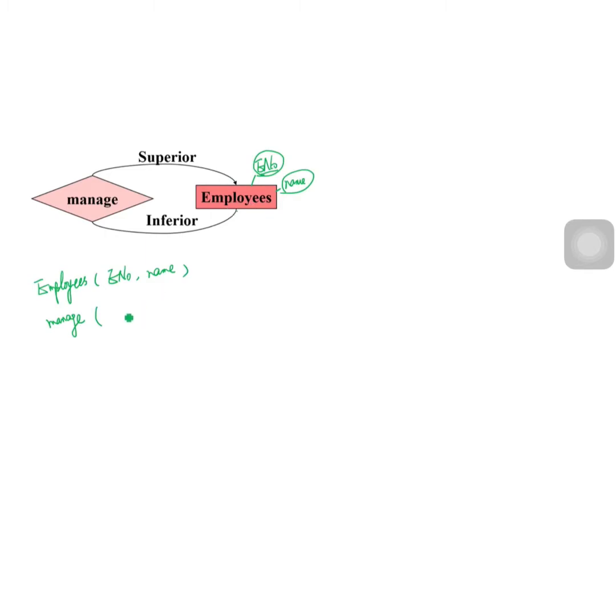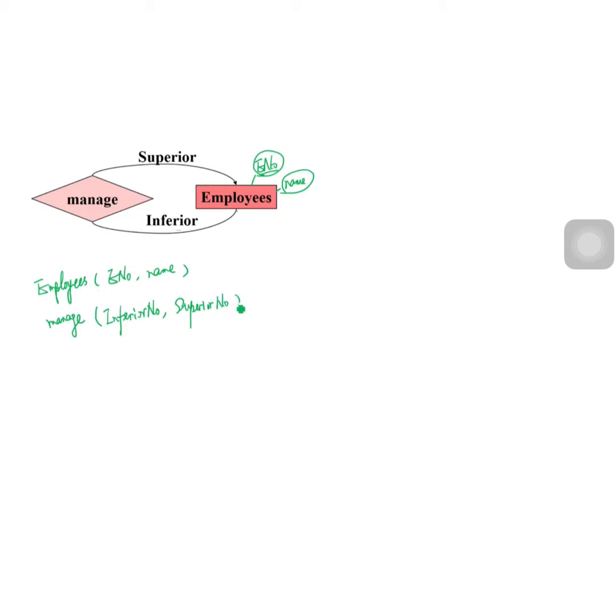Employee number: we'll rename the primary key of employee number to inferior number. For this side, we'll also get employee number, including the primary key of employee number, so we'll also rename it by the rule, as superior